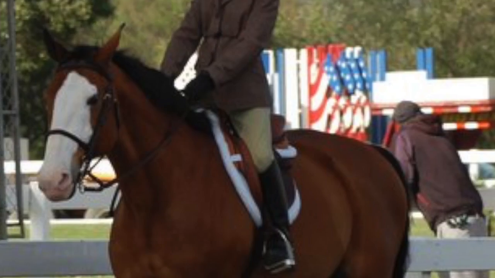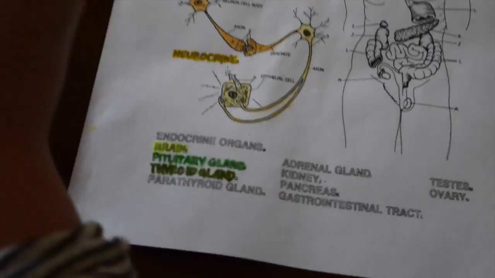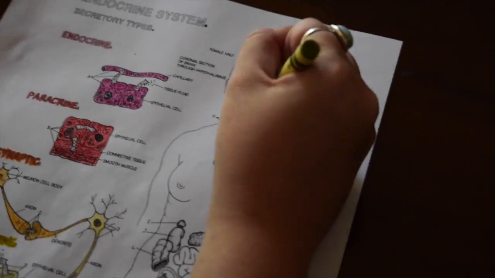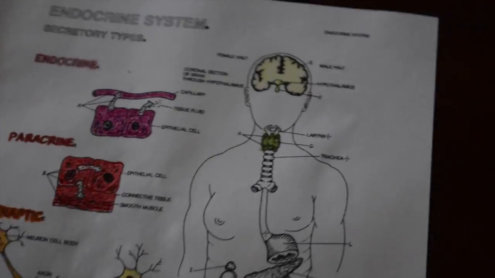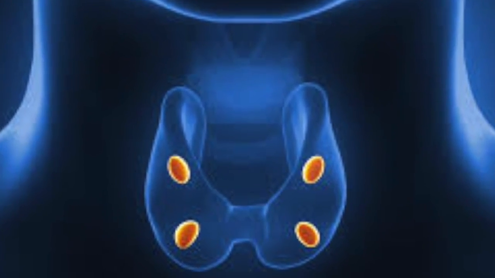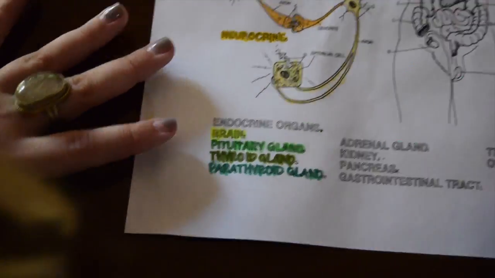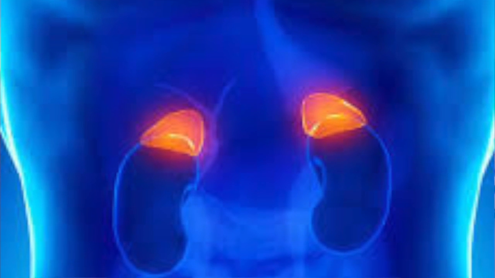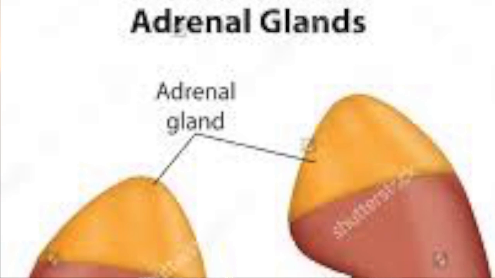As the level of thyroid hormones increase in the bloodstream, so does the speed at which chemical reactions occur in the body. Thyroid hormones also play a key role in bone growth and the development of the brain and nervous system in children. The parathyroid glands are 4 tiny glands that function together. They regulate the level of the calcium in the blood with the help of calcitonin, which is produced in the thyroid.